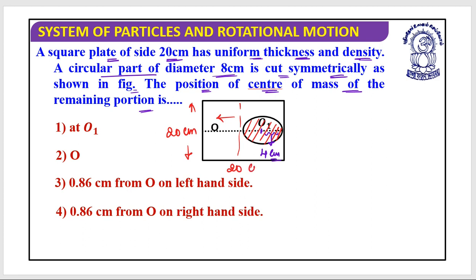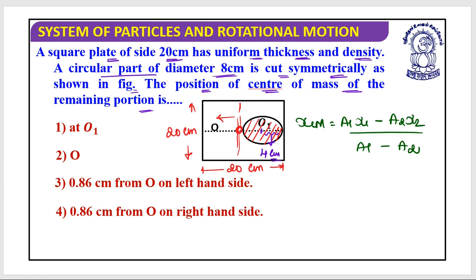This is 20, this is 20. I hope this is clear. Initially the center of mass was lying over here. So the position of center of mass could be calculated as xcm equals a1 x1 minus a2 x2 divided by a1 minus a2. And it says a circular part of diameter 8 centimeter is cut symmetrically as shown in the figure. So what I need to do is area 1 x1 minus area 2 x2 upon a1